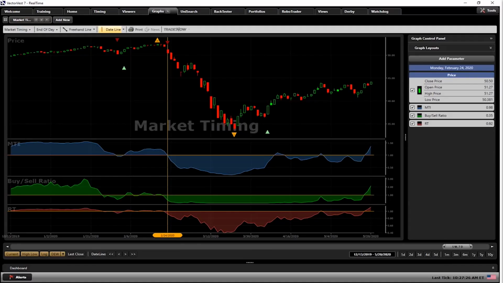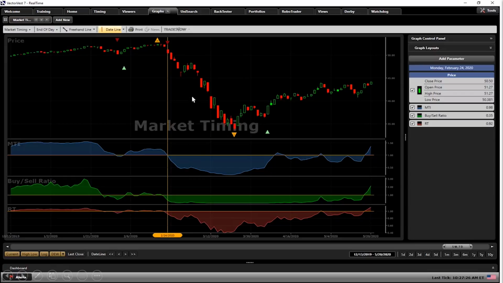And so I'll use the most recent, most dramatic example of just a little over a year ago. We know that on late February, on February 24th to be exact, the DEW timing system went to a down situation. And this is when the pandemic sell-off began. Just another verification of how powerful the VectorVest timing tools are. At that point, we weren't really sure what the pandemic was going to bring us, but the VectorVest program recognized that this trend was starting to move down. The confirm call came down a few days later.